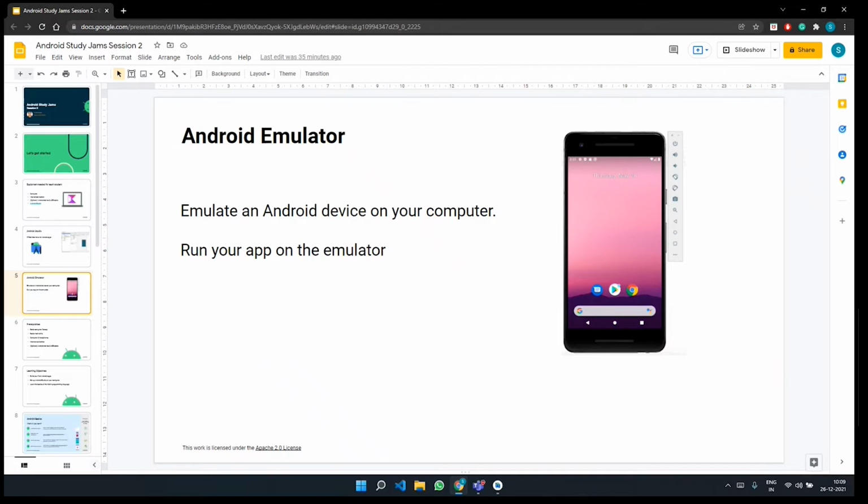Once the build is successful on your app, the build starts, the app is installed on your emulator, and the app starts running. In case you don't have an Android emulator, you can also use the physical device, like we discussed in the previous slides, by connecting it with a USB cable and configuring the settings.